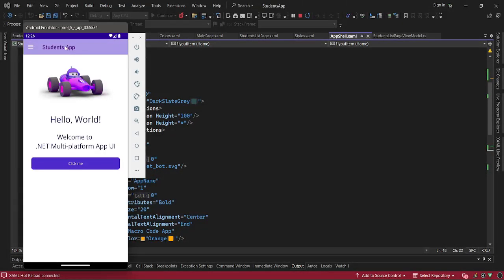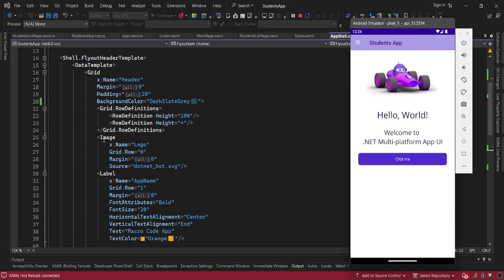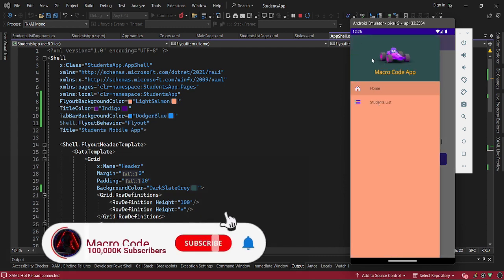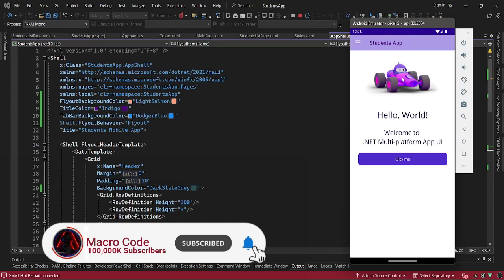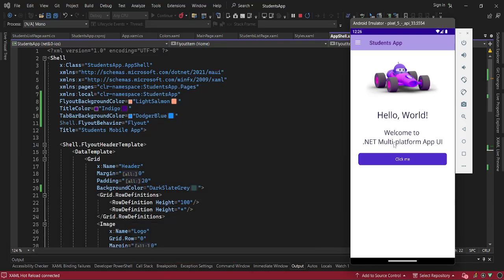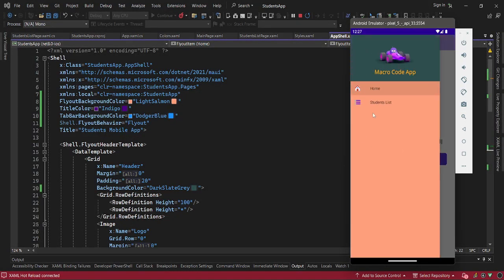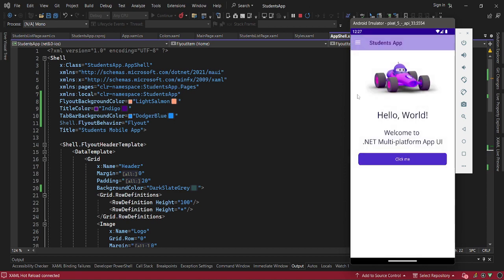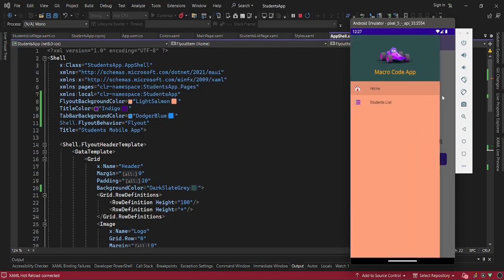So on today's video, we are going to proceed with our series on .NET MAUI. As you can see, we had started an app called Students app. We have our home page. This is how our home page looks like. So, hello world, welcome to multi-platform app UI, that is .NET MAUI. On the students, we had created a page for students. You can see you have the students list, which is actually empty. Then we have the home page, which will actually give us some analysis of students' details and the profile of